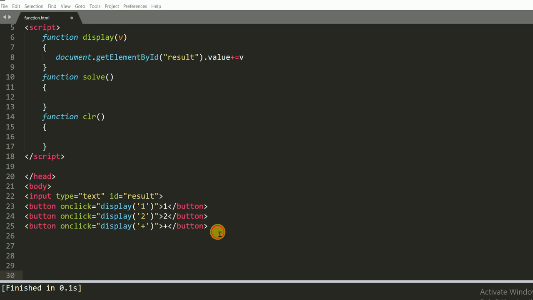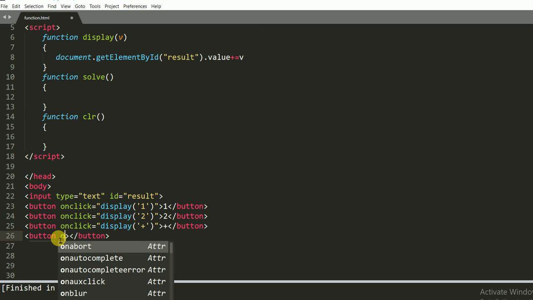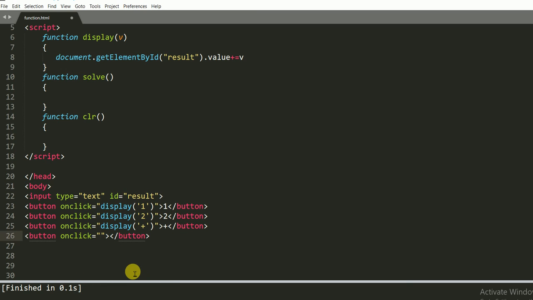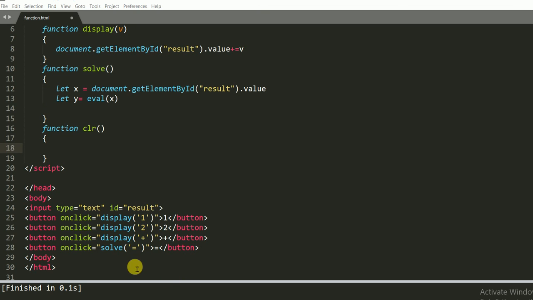And then we call our solve function to solve, like 1 plus 2 is equal to 3. Here I make a button for solve. When we click on the equal sign, it calls the solve function, and we take this value.